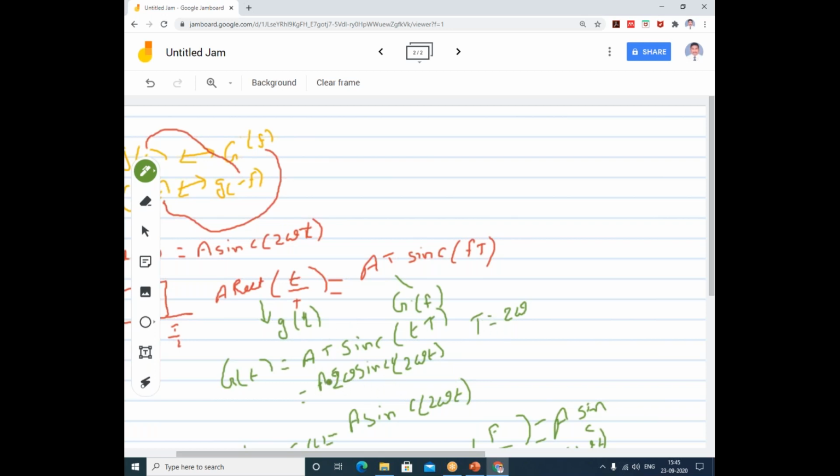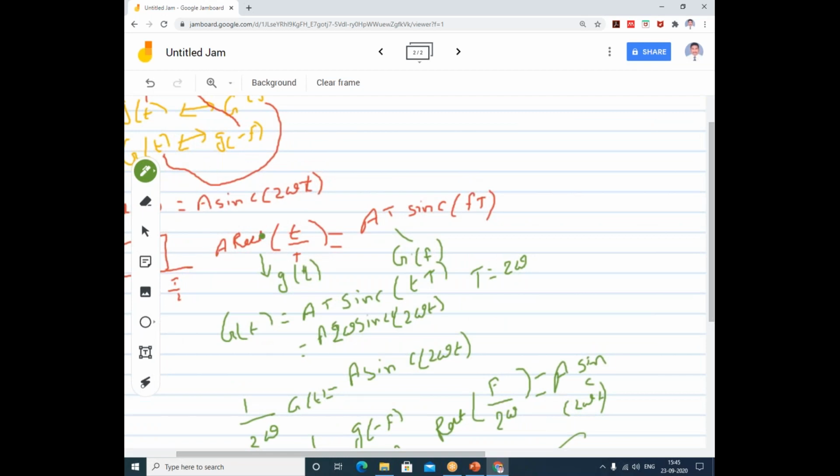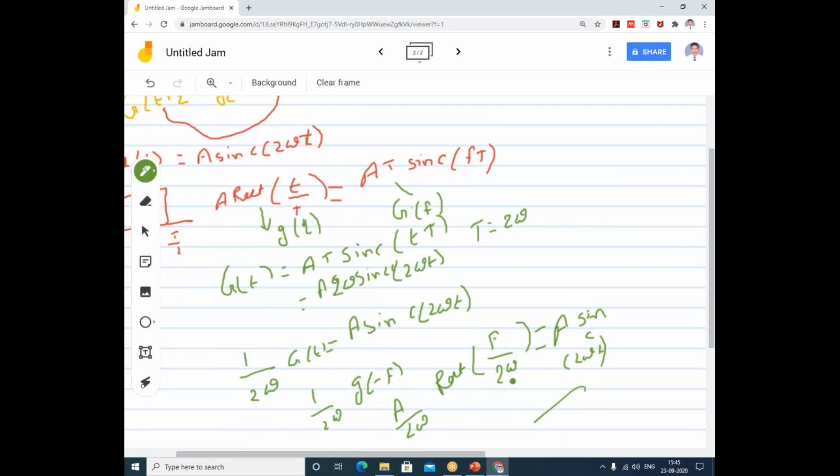So from the duality property, I can replace this. Since I am replacing this f with t, on this side small g also I can replace t with minus f. That is how, if I replace like this, I will get it like this. Is it clear? Please post it in the chat box. Did you understand how the replacement happened? Please give me information in the chat box, so that I will proceed to the next problem or next property.